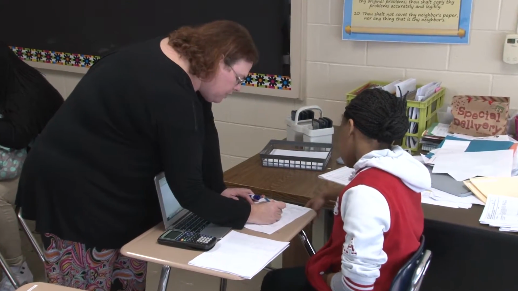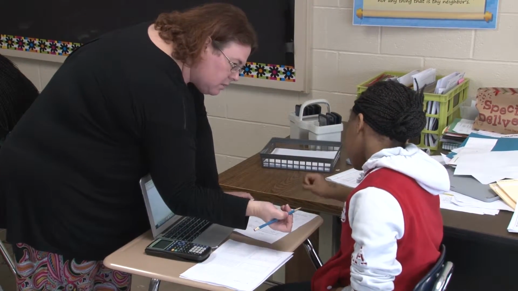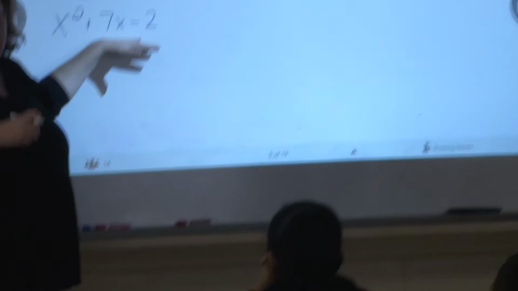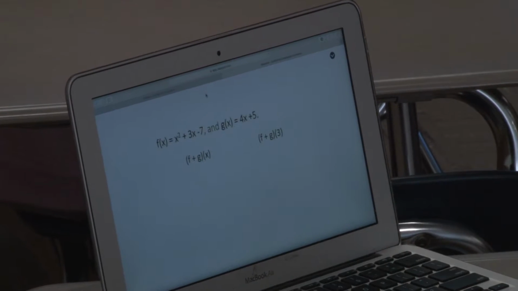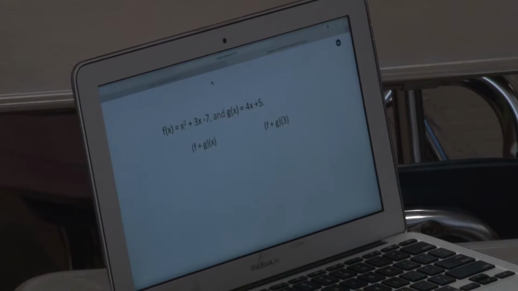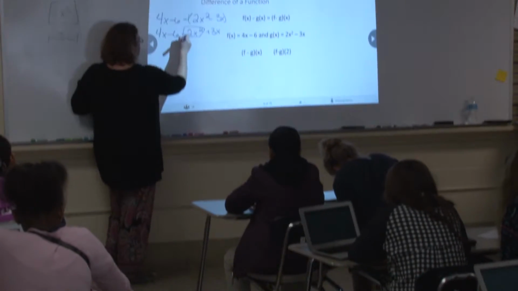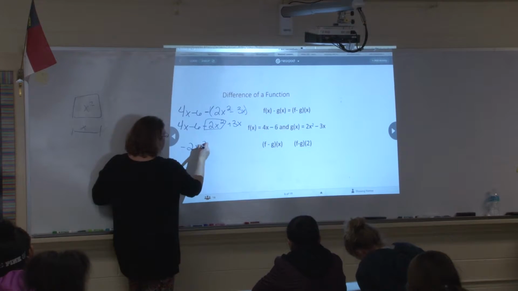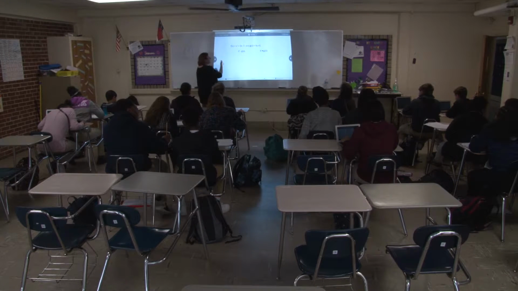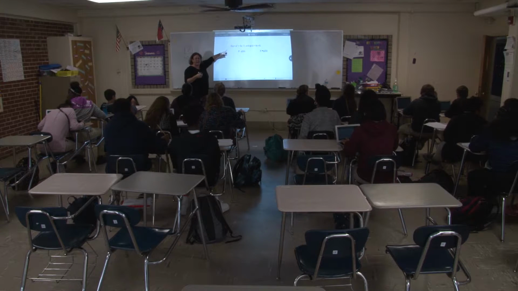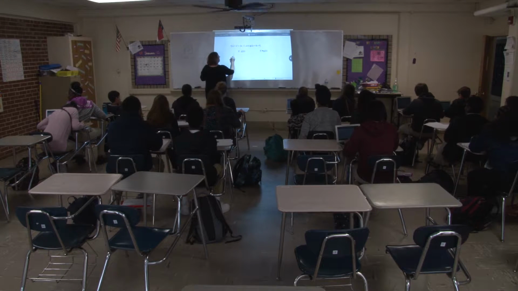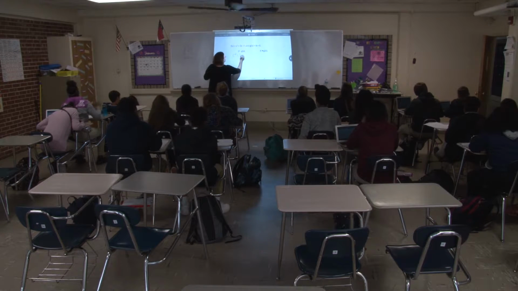And it also kind of gives me instant feedback depending on what I'm doing. If I'm doing a SchoolNet test or something, it kind of tells me exactly how they're doing on each standard. Or if I use my Pearson, it tells me mastery, and I can go back and see which students are really mastering the content and which ones need to go back and need a little bit more work or